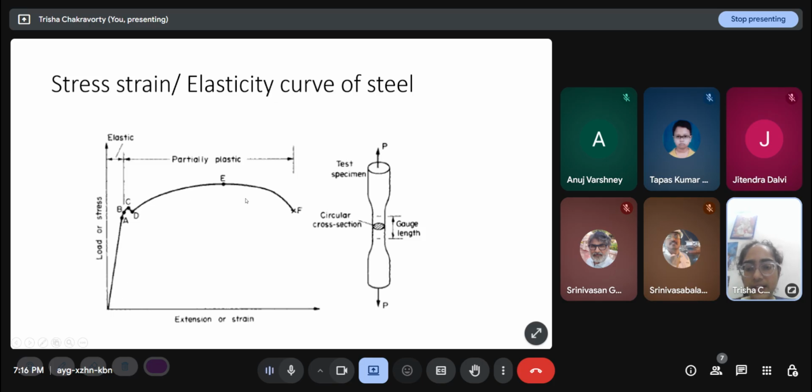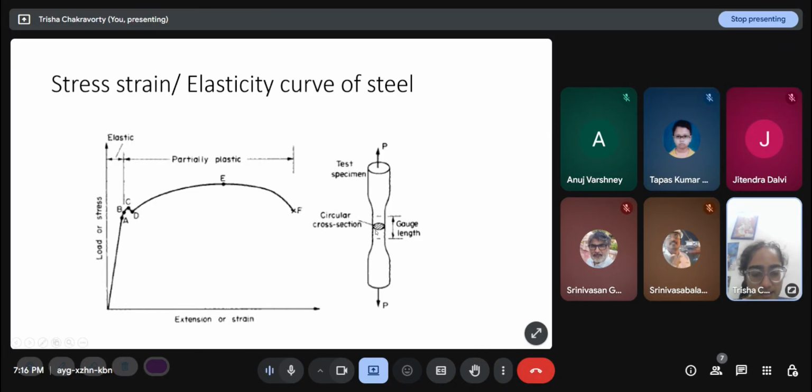So we carry out a tensile test on a specimen, like a cylindrical specimen, for example. We apply tensile load on both its ends. We can fix one end and apply a tensile load, so automatically the reaction here will also be equal to P, and we ramp up the force. We cannot generally do it in a continuous way, so we increase it in discrete steps, and after each step, we pause and measure the strain.